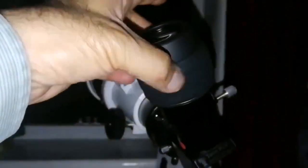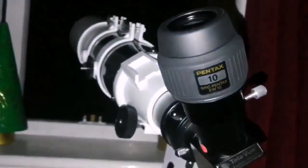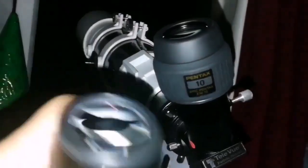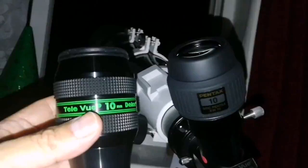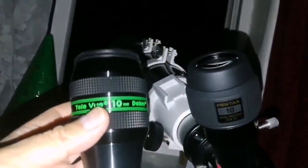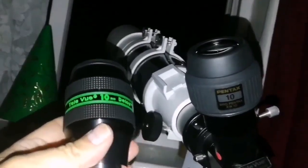I'm looking at the planet Jupiter after a spell and period of bad weather. The seeing immediately after bad weather is never good. You see a lot of turbulence in the air. But I'm trying two 10mm eyepieces. One of them is this PENTAX XW 10mm, and I've compared it on Jupiter with this TeleVue Delos 10mm. I must say I found the PENTAX 10mm slightly a tad sharper. This one immediately shows some of the features of the equatorial belt. The Delos is also very good, but under this condition and on this object, on my eyes, on this telescope,